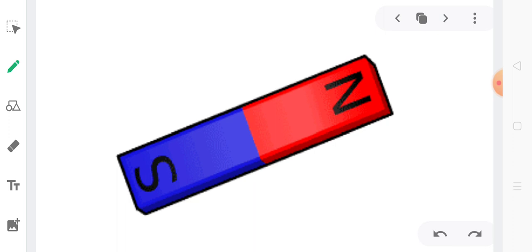As I was telling you, the strength of a magnet is maximum near the poles. So you can see it is marked N and S, North Pole and South Pole. Now I would like to tell you that the entire red portion that has been marked as N doesn't represent the North Pole. Actually, North Pole lies at a region near the end of the magnet. Similarly, South Pole lies in the region near the end of the magnet. So it is not that half the magnet is north and half the magnet is south. It doesn't work like that.